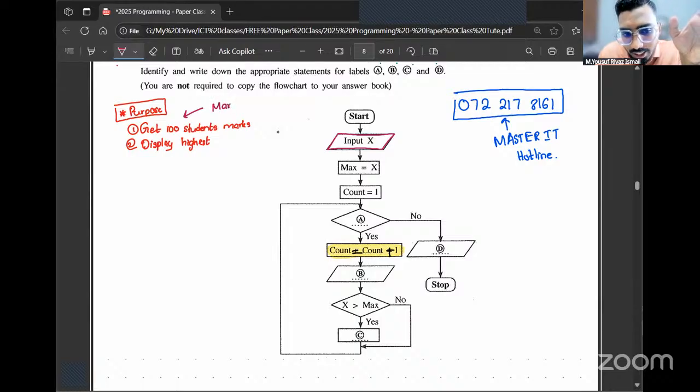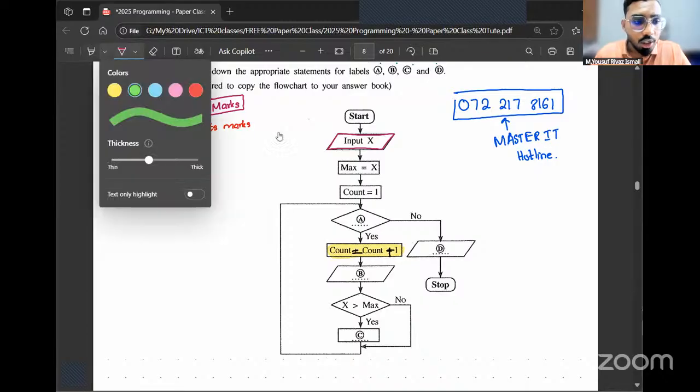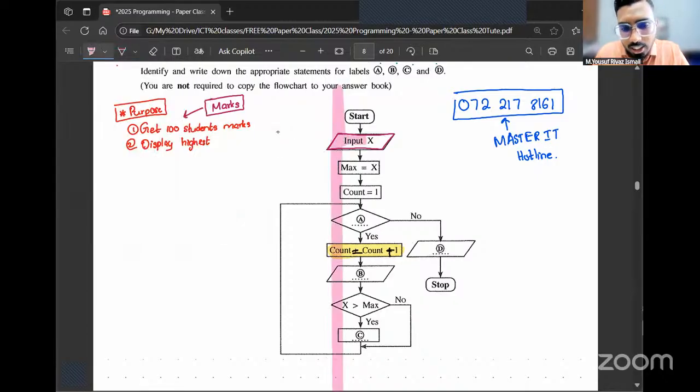Apart from marks, has the question mentioned any other inputs we are to get from the user? Apart from getting the marks from the user, has the question told us we need anything else from the user? No. Exactly. So when you see an instruction called input X, what do you think this variable called X is going to hold?